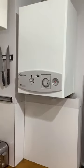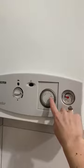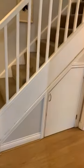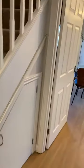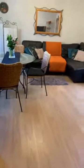What else? Oh, this is our combi boiler, so that only heats as it's needed. You can set it to come on a timer. It's pretty efficient, this house. It's not huge, and it seems to help keep the heat pretty well, so I haven't found it's expensive to run at all. That's a little understairs cupboard where the cleaning things are kept, and you come through into the